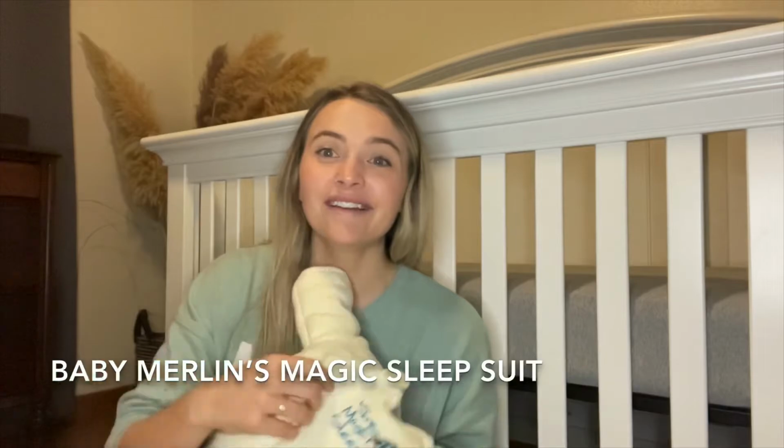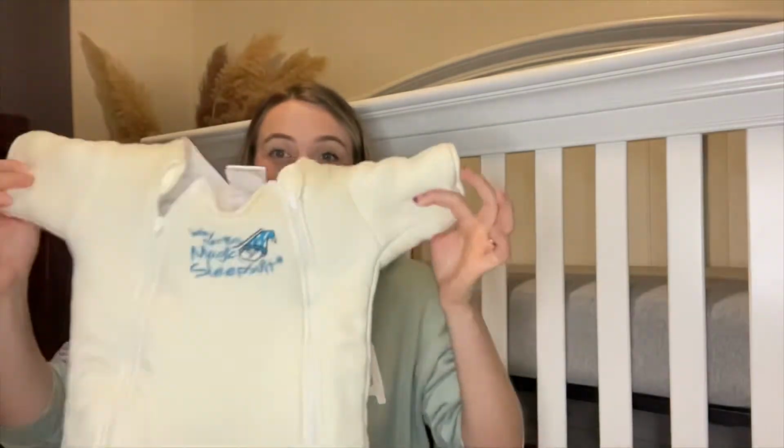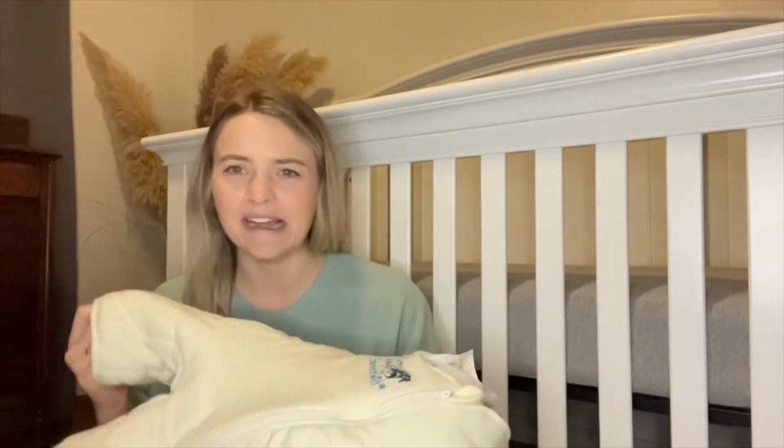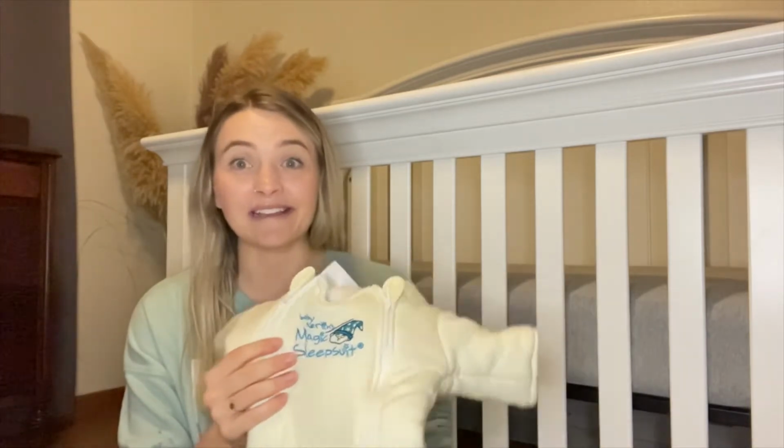The next one is this Merlin baby sleep suit, the magic sleep suit. This has been great for us transitioning him out of a swaddle because it's not super weighted, it's breathable, but I don't know, there's just something about it that it's magic, like it says. And it has been great for us to transition him out of the swaddle because he recently,